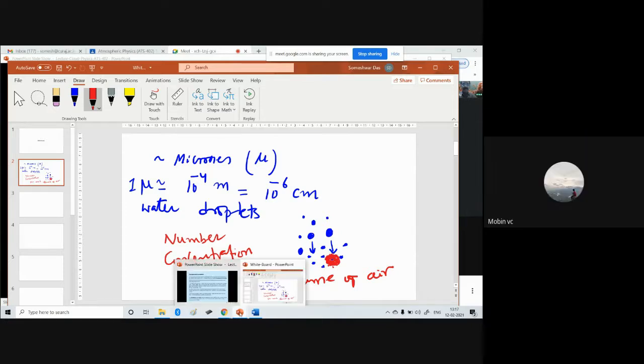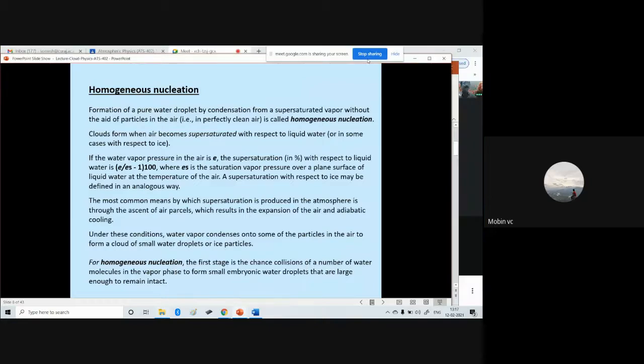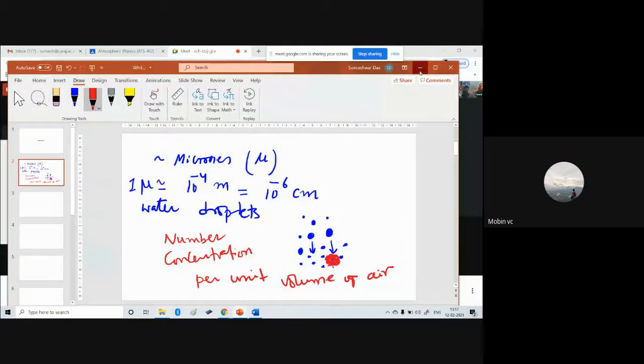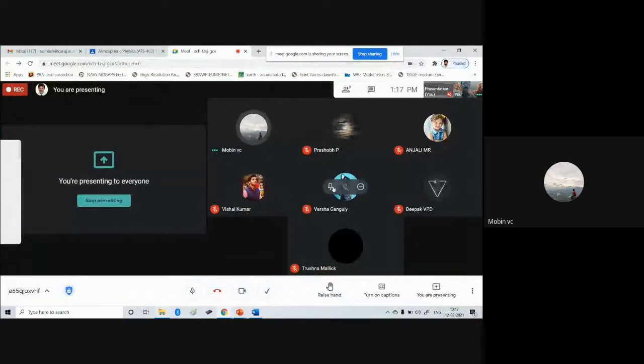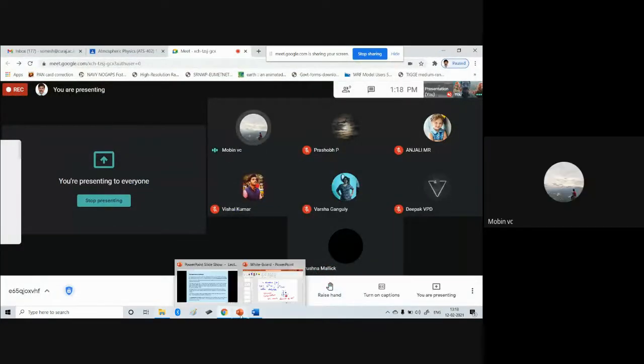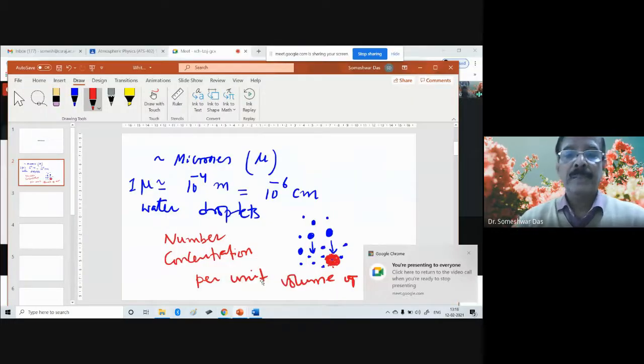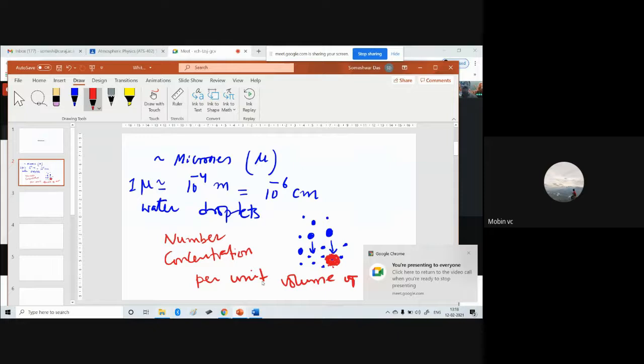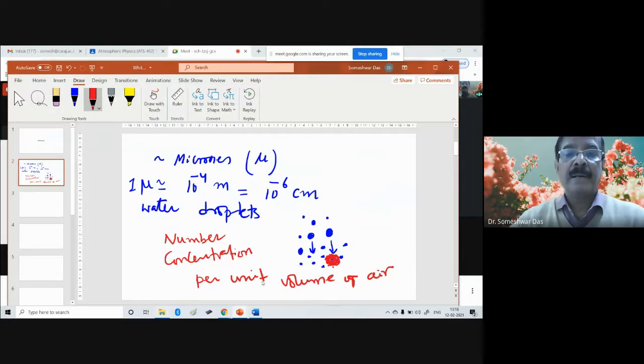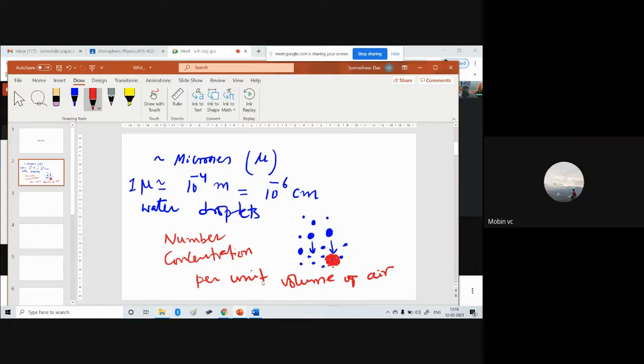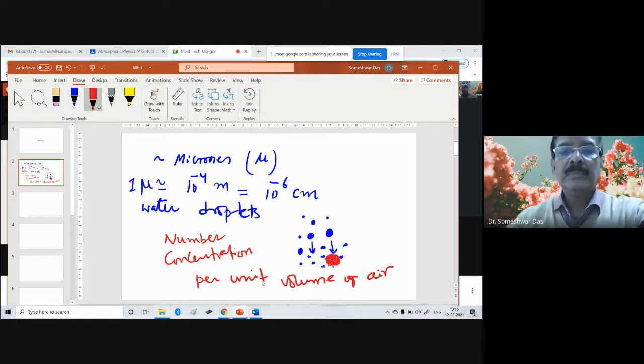I think you have the unit, no? 1 micron is equal to 10 to the power minus 4 centimeter. Which one? The unit micrometer. 1 micron is considered to the power minus 4 micrometer, which is to the power minus 6. Now, did it get reversed? Yes, sir. This is centimeter and this is meter, I think, right? Yes, sir, just reverse.